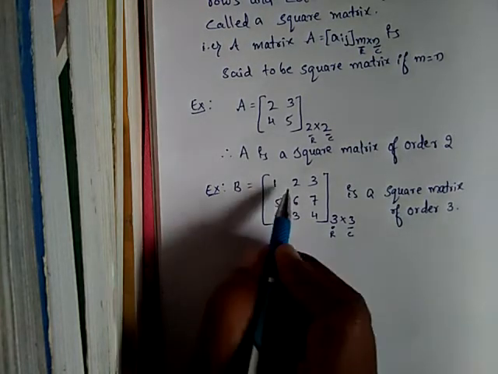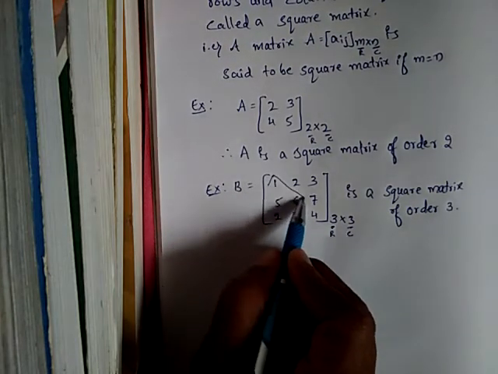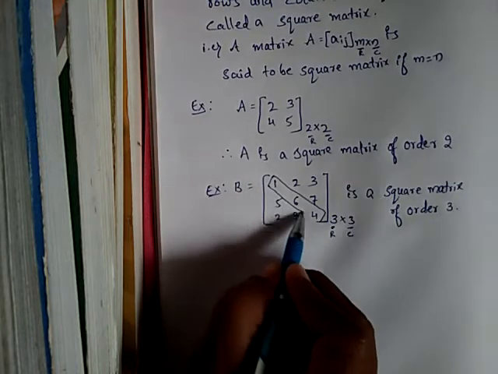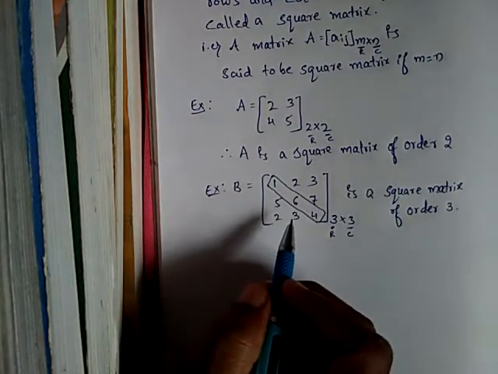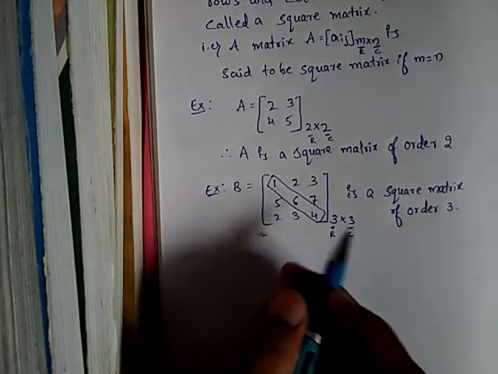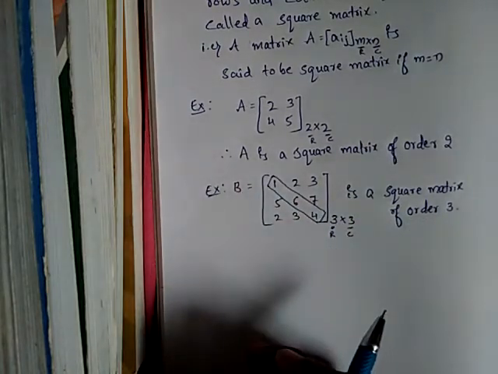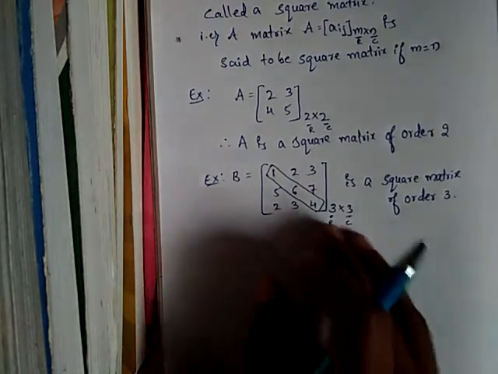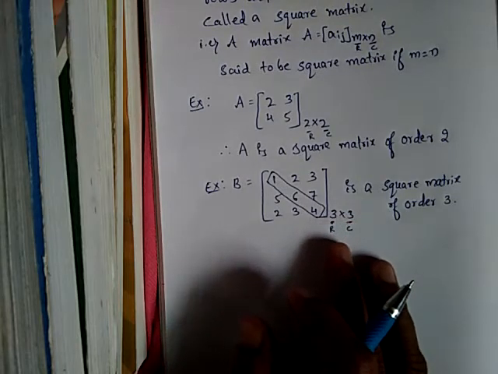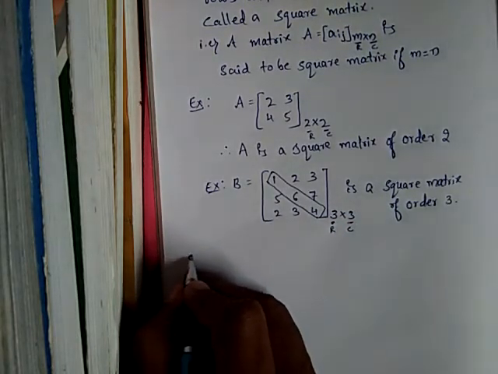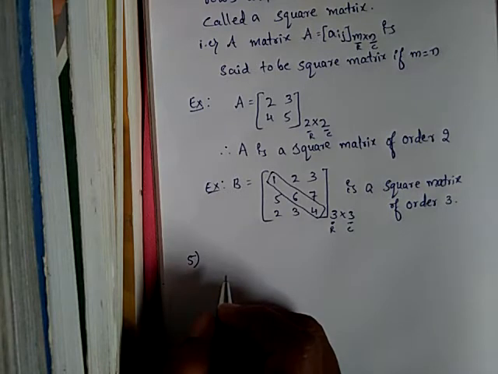In a square matrix, these are nothing but the diagonal elements, or the leading diagonal of a matrix, you can say. Okay, for this one you can say like this, my dear students. While studying the diagonal matrix, next I will explain in detail what is principal diagonal and all.